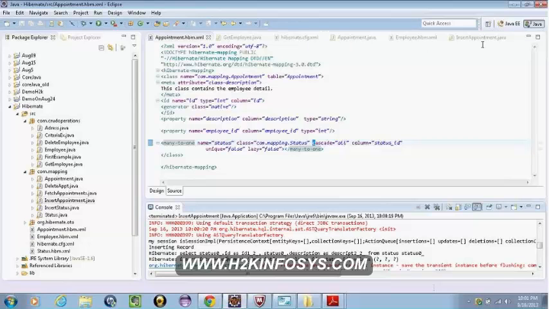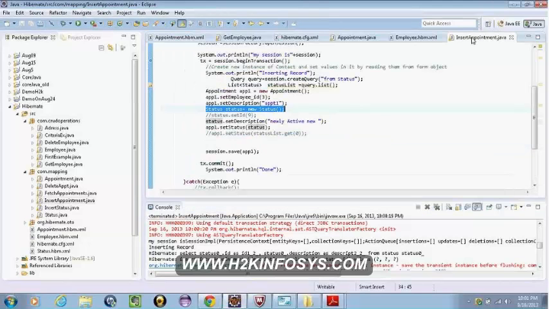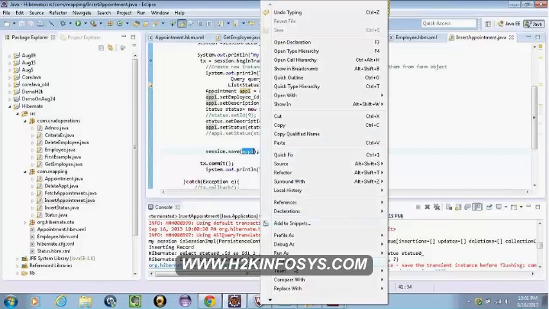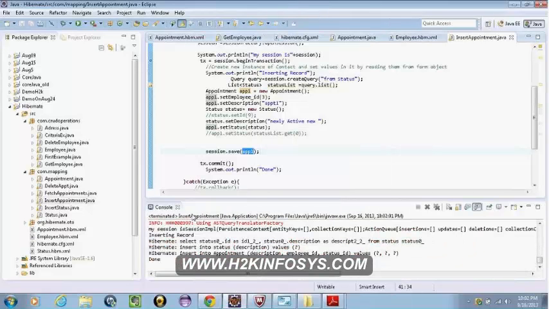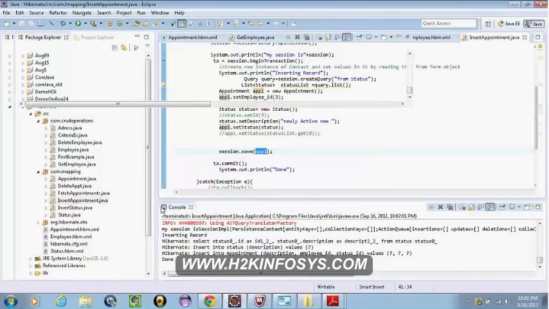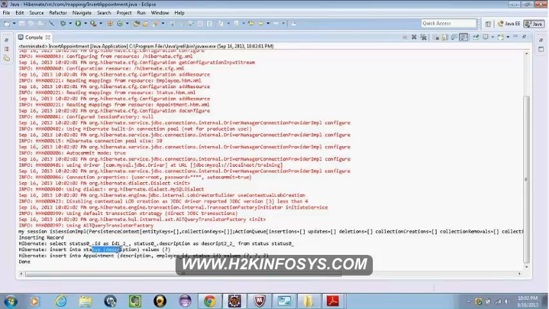So if we save the status by ourselves, that works. You can do that. Okay, then instead of mentioning cascade over there, you can save the status first. Yes, but ideally, when there is a relationship between them, we don't want to do multiple saves. That's why we associated it, so that the save happens implicitly. You understand? That's actually how we determine how the objects are associated, how they are related.